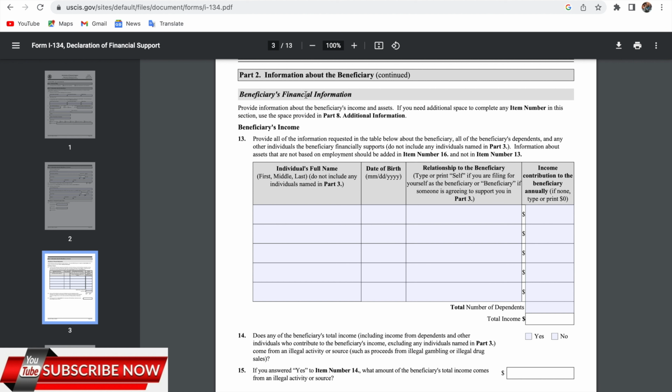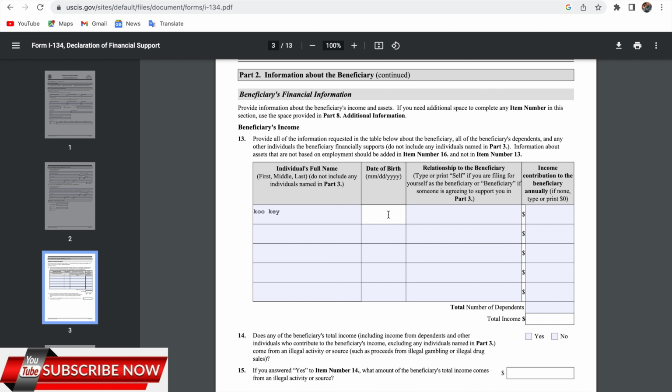So it says beneficiary's financial information. The beneficiary needs to put in their financial information over there. So make sure you read and understand the question before you answer. This part is for the beneficiary. So it says individual's full name, so you put in the individual's full name, the date of birth,